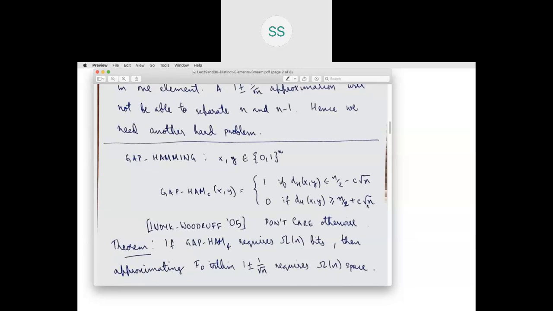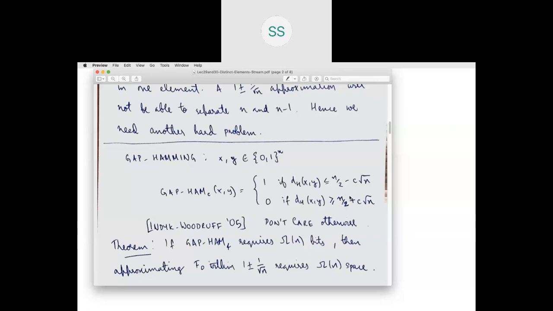So the Hamming distance, let's say n by 2, there are n bit inputs, so take n by 2. Either it's at least c square root n smaller than n by 2, or even smaller than that, or at least c square root n more than n by 2 and more than that. So the cases are separated. There is a gap in between. These are not exhaustive, right? You could have x and y where the Hamming distance is exactly n by 2,